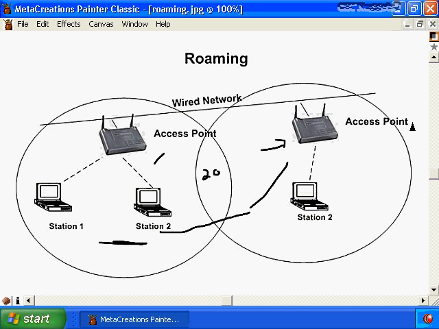So again, in order to allow seamless roaming, where the client always maintains connectivity as they're being disconnected from one access point and connected to another access point, there has to be overlap between the coverage areas. If there's no overlap, and the user walks down the hallway and all of a sudden gets in this dead zone, if you will, where there's no wireless coverage, then their connectivity will drop at that point. So in order to maintain seamless roaming, you need to provide a 20 to 30% overlap,